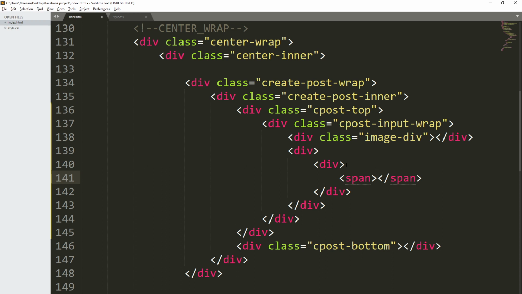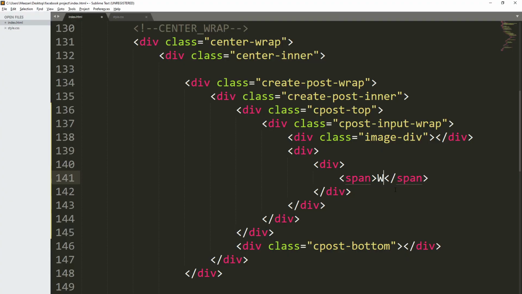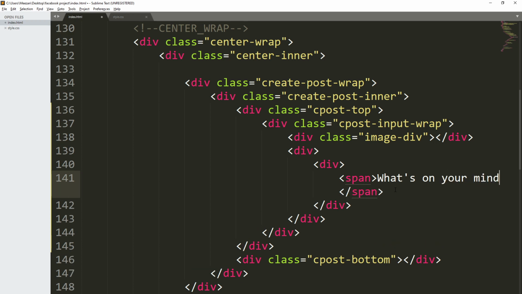A text will be a placeholder for our input field. As you can see here, it says what's on your mind. So we are going to type here what's on your mind,